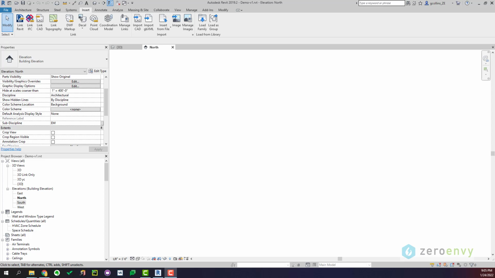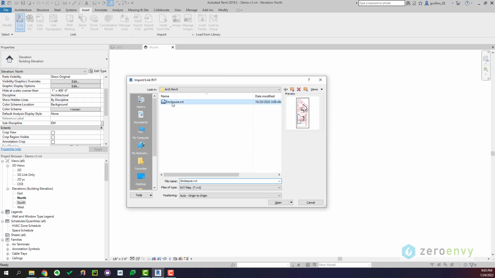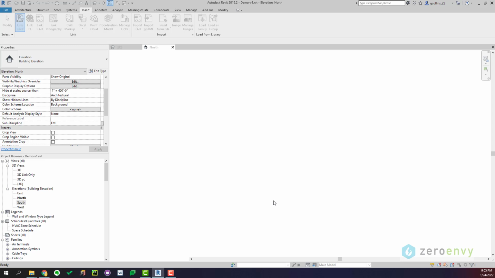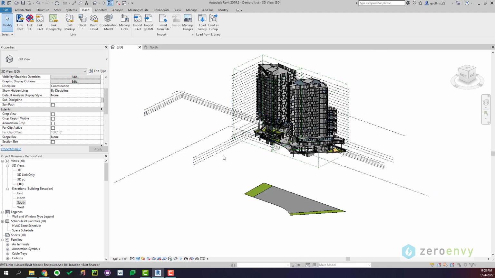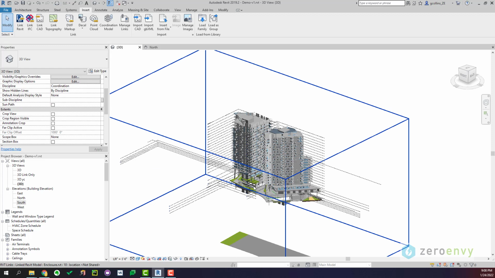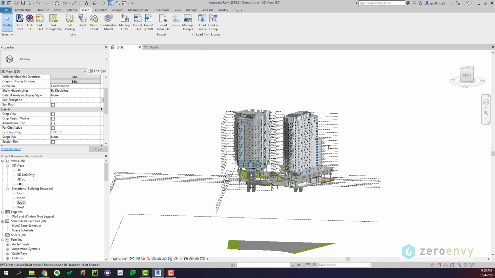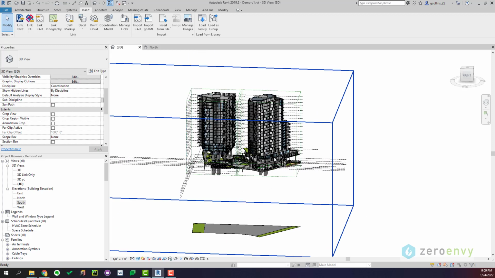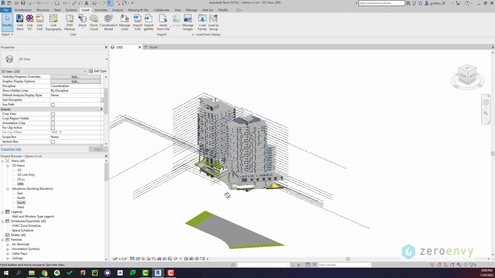So in order to do that, you will go to Insert and click on Link Revit and pick the file you want to import and open. Usually it takes a second to load. Once the model is loaded, you can look at it. So I'm going to go to the 3D view just to see if it shows up correctly for me. Looks like it's here. So it's two high-rise residential towers, and in my demo, I'm just going to be focusing on